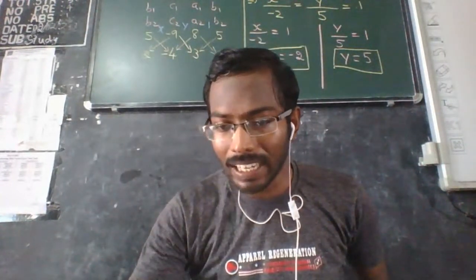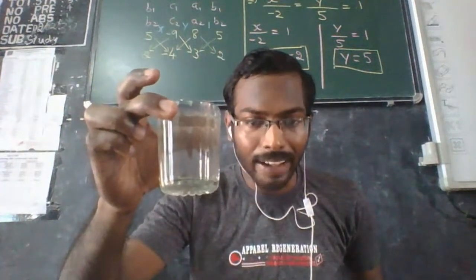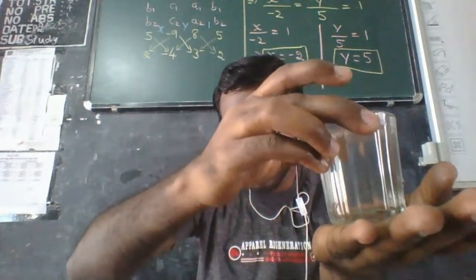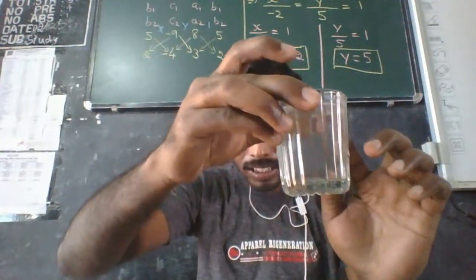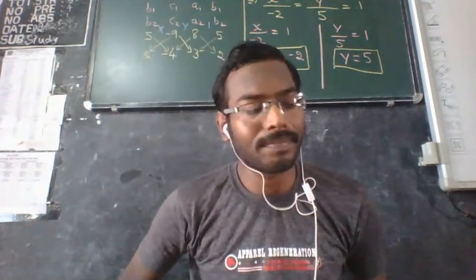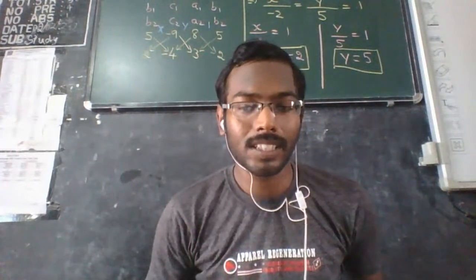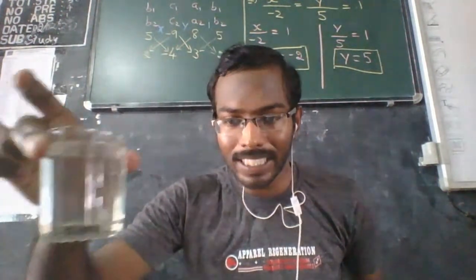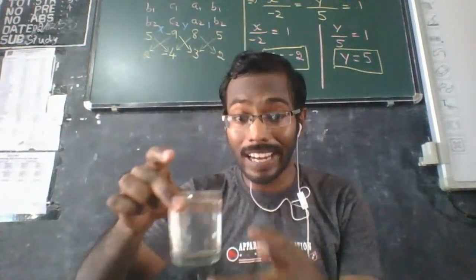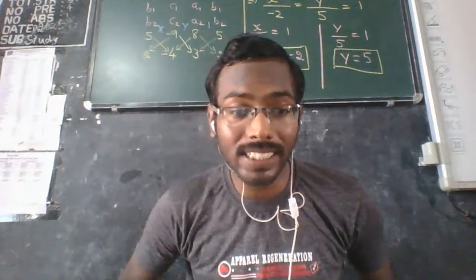Then another point is there: whether the solution is stable or not. Stable means I am keeping this sugar solution for 5 minutes. After 5 minutes, will the sugar particles settle down or not? No, never. They will never settle down. It means the solution is stable. It will always be the same. After 1 hour also, it will look like this only. After 2 hours also, it will look like this only. This means the solution is stable.